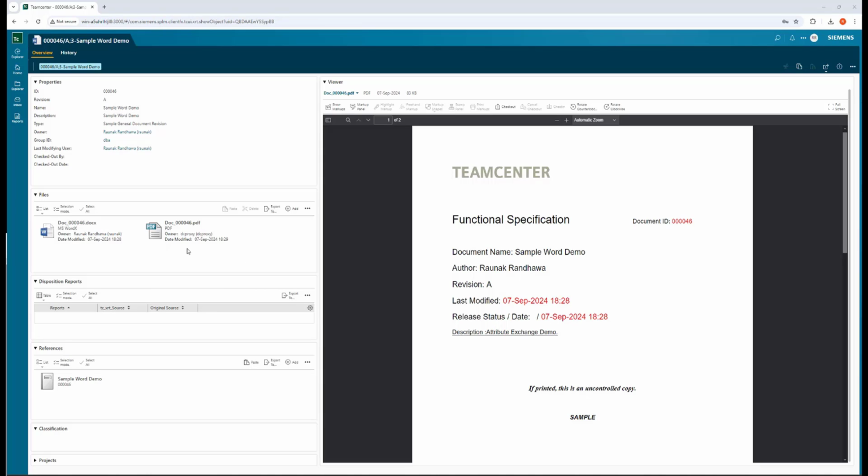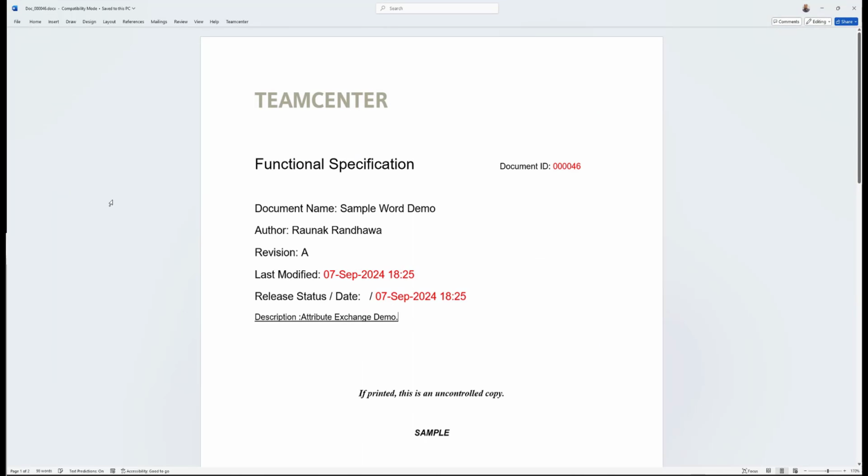So whenever we edit a dataset, Teamcenter will replace the old PDF with the new PDF with the updated version of the Word dataset. So how are these attributes or the values, for example, the document name, the author, how are they being pulled into a Word file? Let's take a look. So this is done through